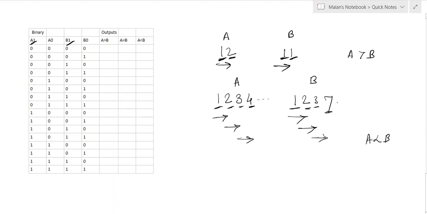Got it? Now whatever the numbers are here, that is not going to be considered; from the significant bits the comparison is going to be performed by the comparator operation. How is the comparison performed by the comparator? Here I have taken normal decimal digits simply for the sake of understanding. Internally, all the comparison is in binary. If MSB of B1 is greater than MSB of A1, then directly B is greater than A, and the output is generated as a 1. But if both are equal, then the comparison is shifted to the A0 and B0 comparison.